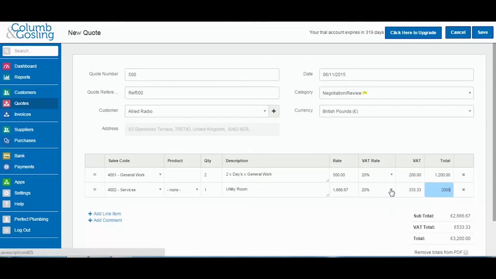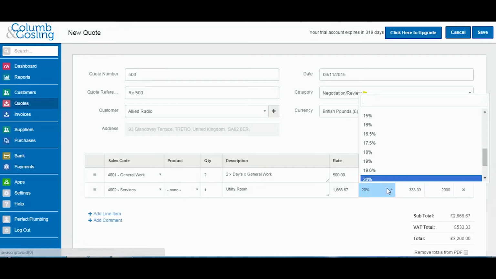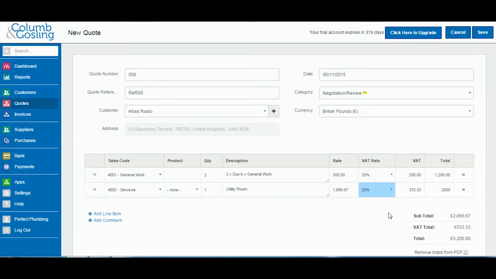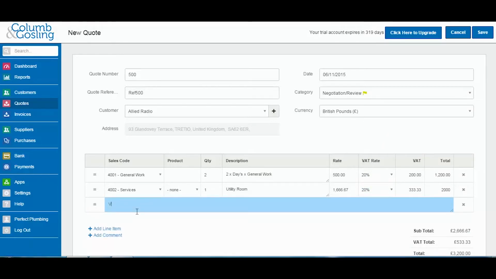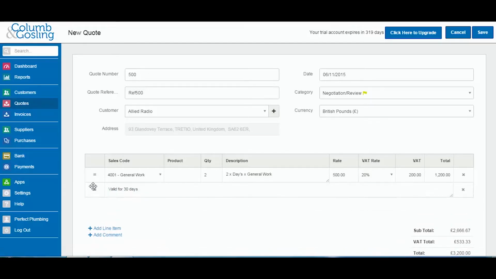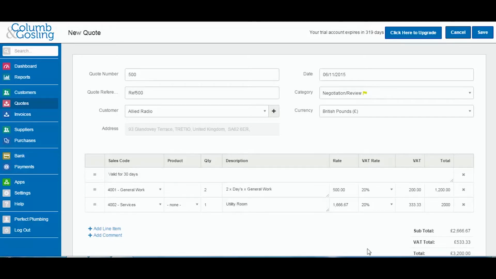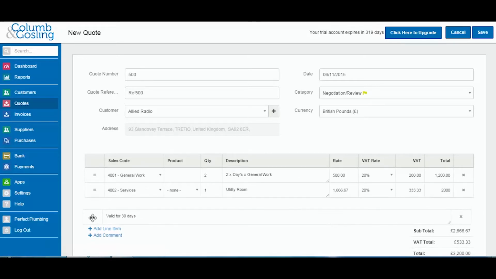You can also choose any default VAT rates if you're on sort of cash accounting or anything like that, or if you're not VAT registered, you can go and change these rates within here. So you can also add in a comment line if there was something you wanted your clients to know. You can just free type in here. So again, I can just put valid for 30 days if I wanted to list that on a separate line, and you can move around this so you can show how you want that to be seen when the transaction is actually generated. So once we're happy with our quote layout and all the information is correct on here,